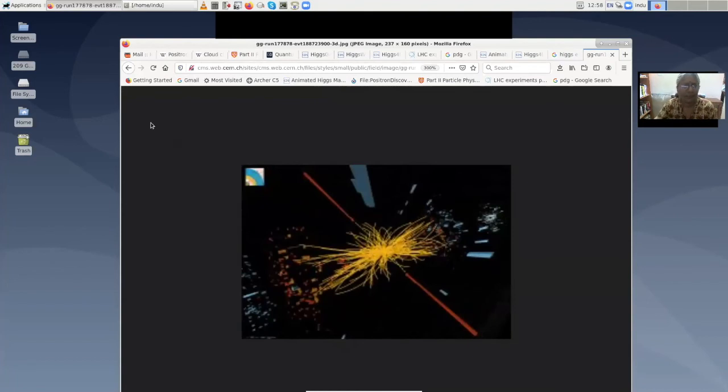There should have been a bigger image. But anyway, I think you can see this, right? So the red lines indicate where the protons are coming and interacting, the central point. And on average, each of these events produces about 3,000 of these lines, 3,000 particles in the final state. Okay. So this is the central tracking part.